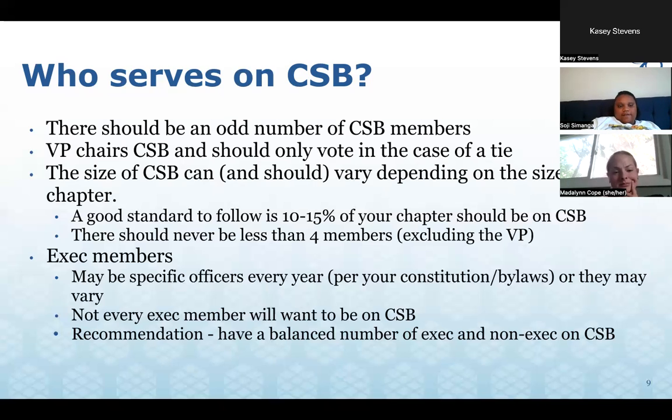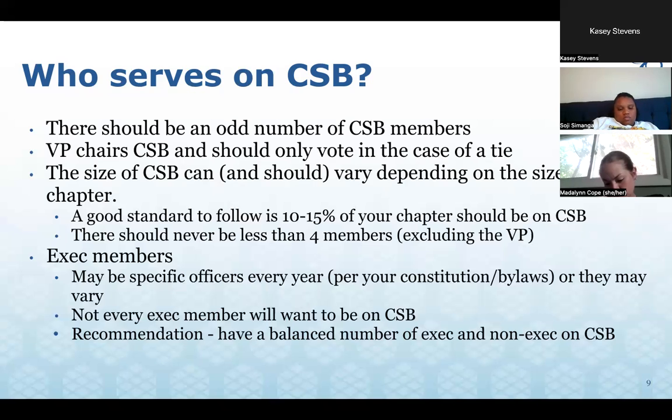Yes, absolutely. I would 100% recommend having at least 1 or 2 exec members on CSB. And if you care to know about the position specifically, I would say someone like your chapter treasurer, or a secretary, someone who might be able to